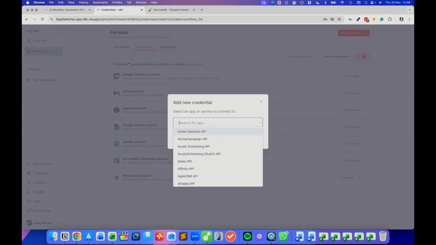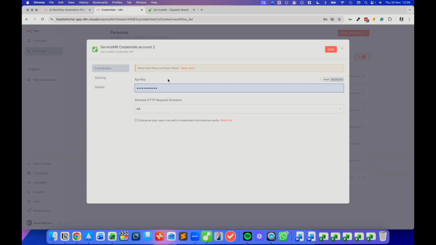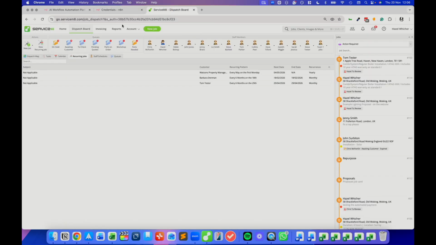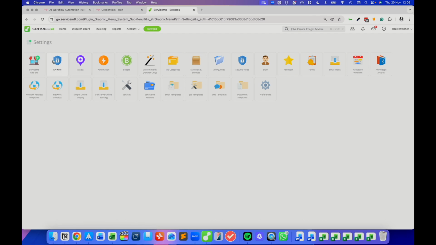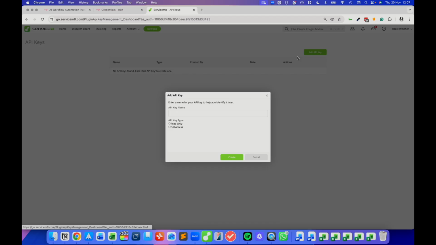So we've got add new credential, and we've got ServiceM8. Okay, so now from memory, we have to go find the API key. And ServiceM8 actually published this not so long ago. They put this extra setting in here. So I've come to account and settings, and if I go to API key, then I can add one,